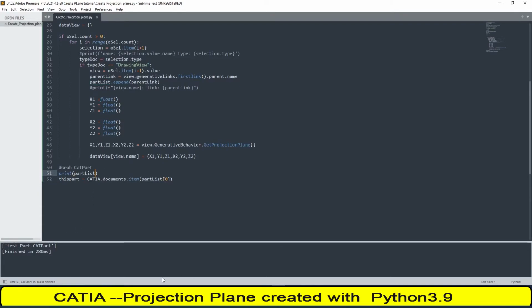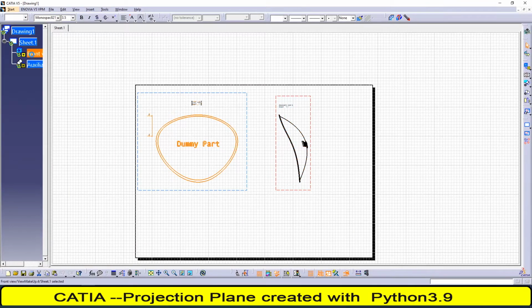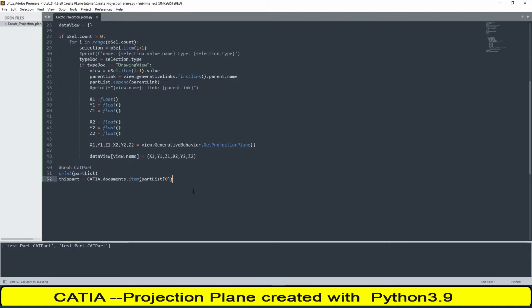We see in our selection, one moment, I have only one. I will select multiple selection, so we see it is the same part. I know it's the same part, I don't want to check it. If you want to check it, you can check it here before you set the part. Okay,